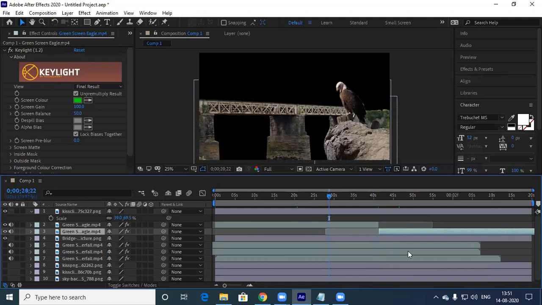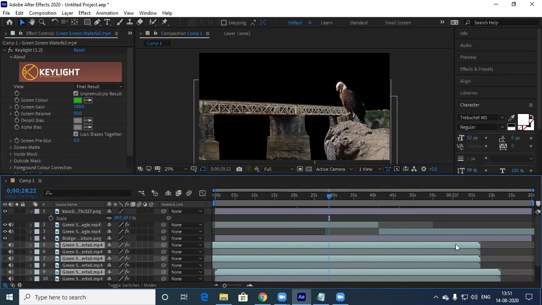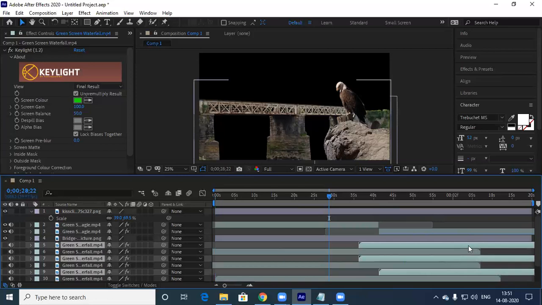So same thing, this bridge and all, let me just duplicate these three things and let's place it here.